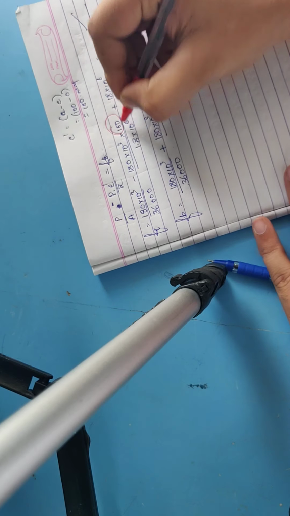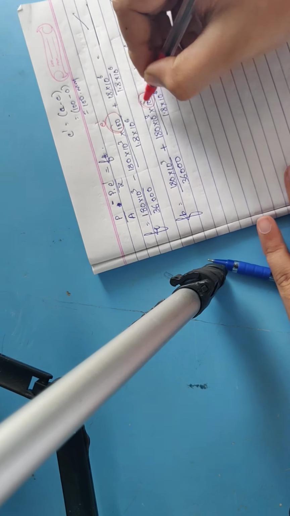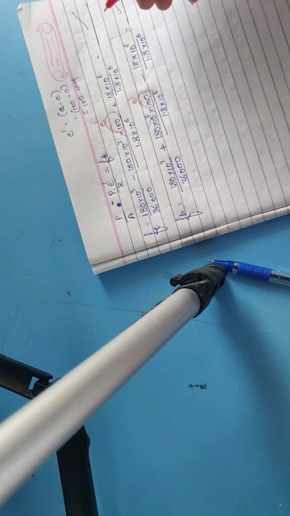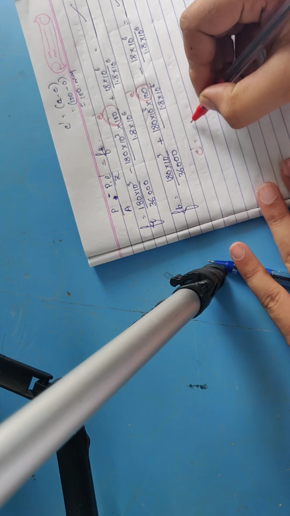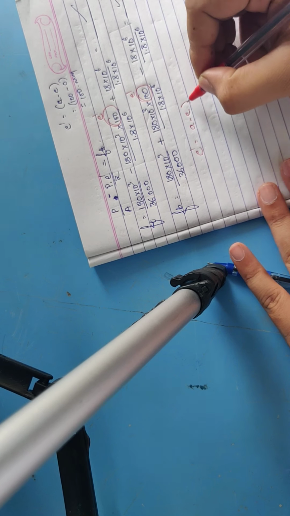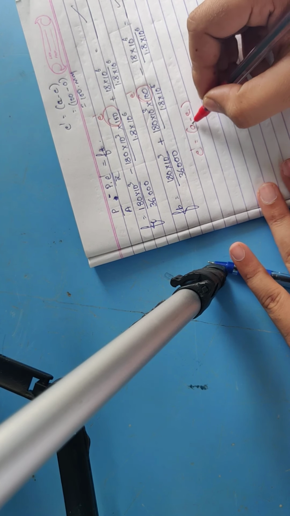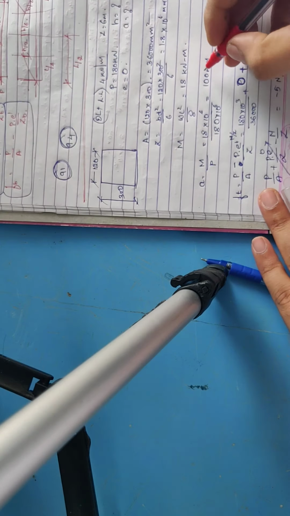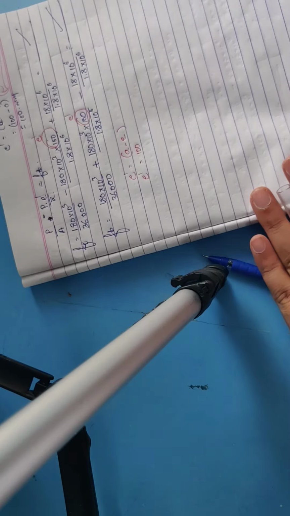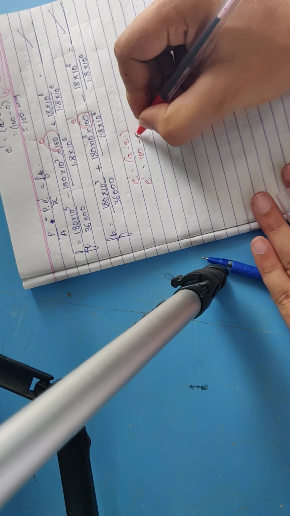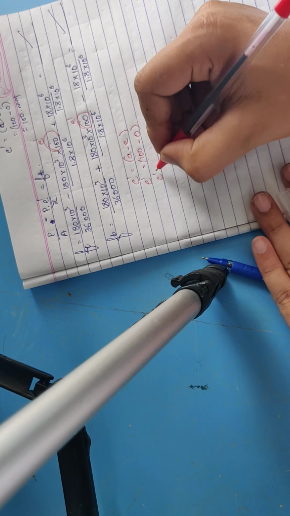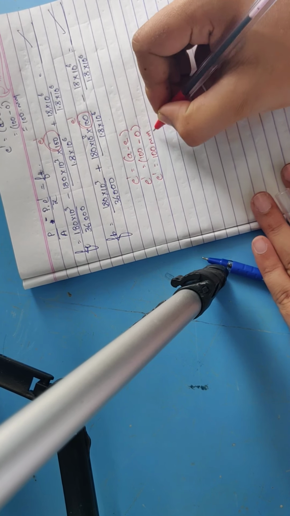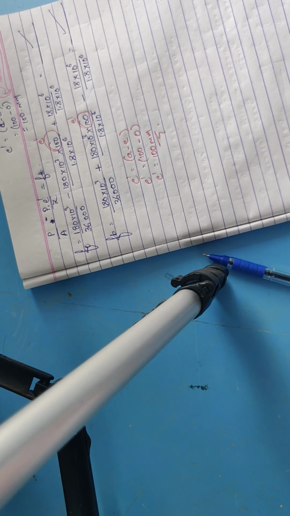The only thing to take care of is that the value should be E dash for the resultant thrust, given by A minus E. A value in our question was 100, as we have calculated here. The eccentricity E is given as 0, therefore the resulting E dash will be 100 mm. The procedure is the same, you just need to remember the formula and go on solving.